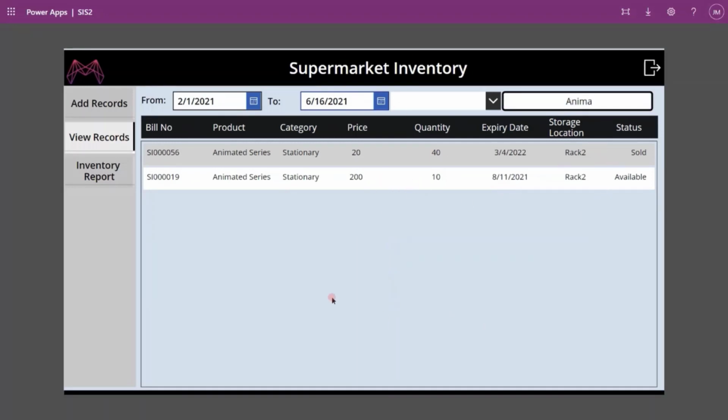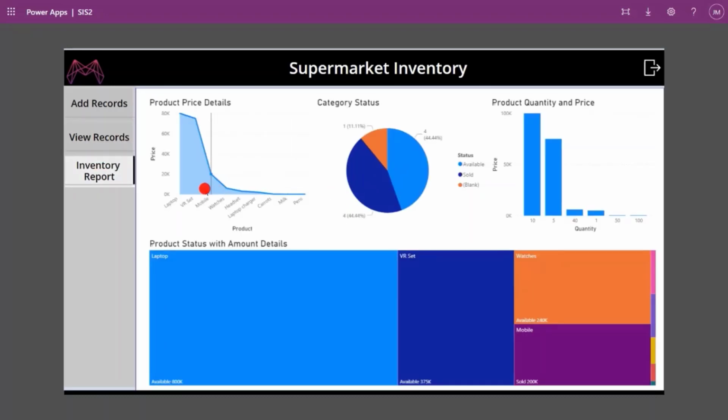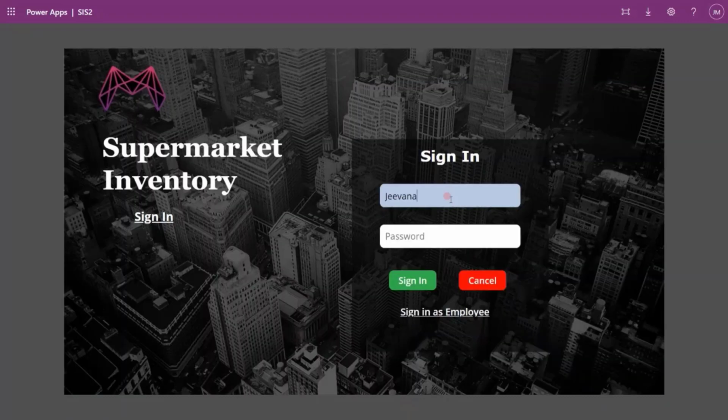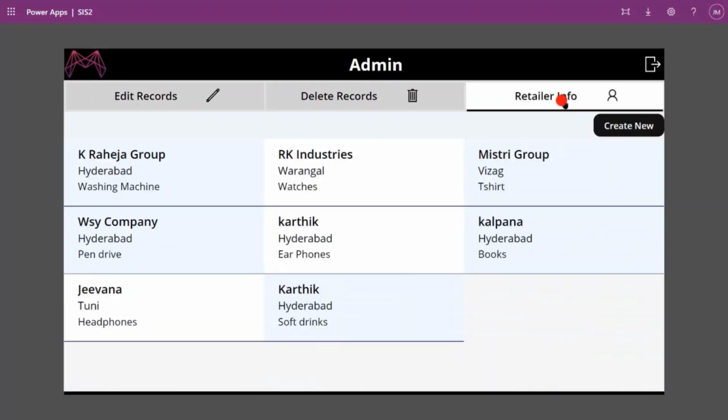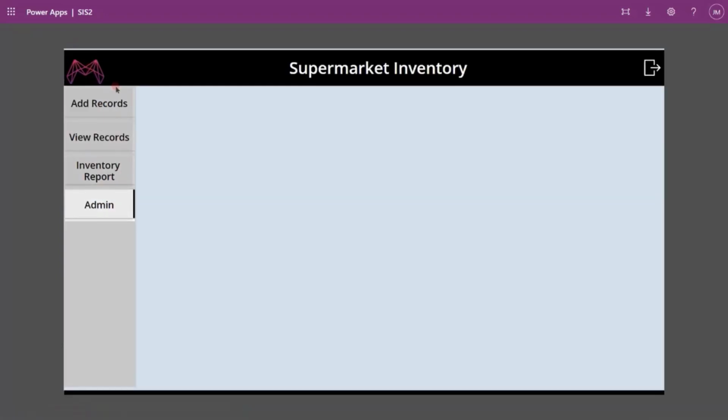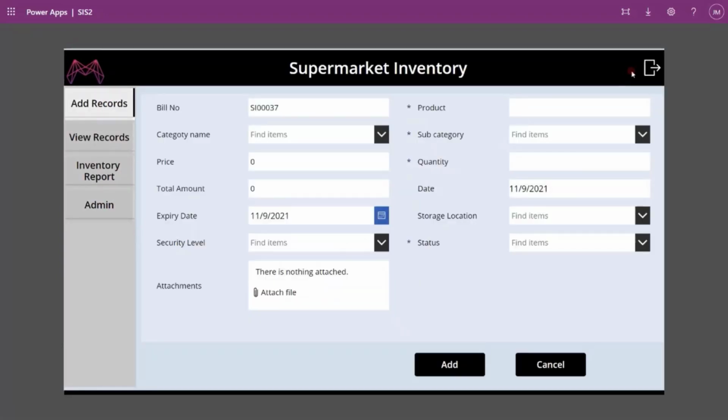When the user logs in as an admin, he is the only one who can access the admin page. We can see this in the home page. After authentication of the admin, in the left menu bar we will see the admin tab. In the admin screen, he can modify products and delete products. He can also even place an order through an automated mail. For visuality, I have implemented alternate colors for the gallery rows. This is all about my app.